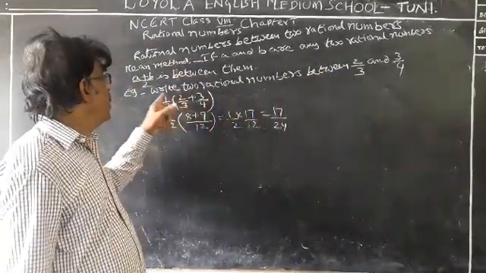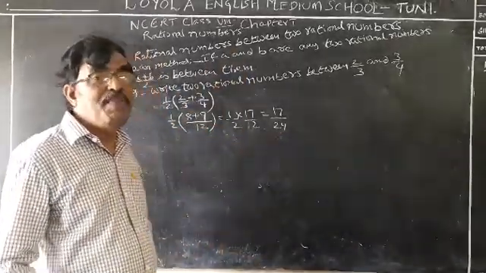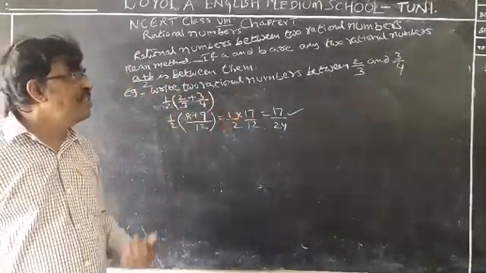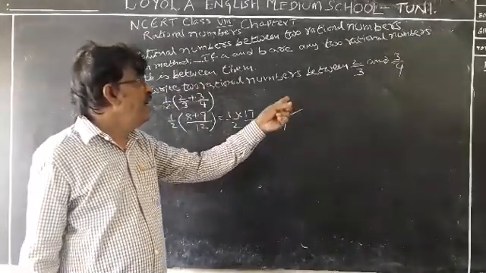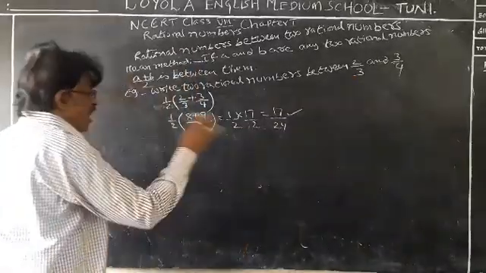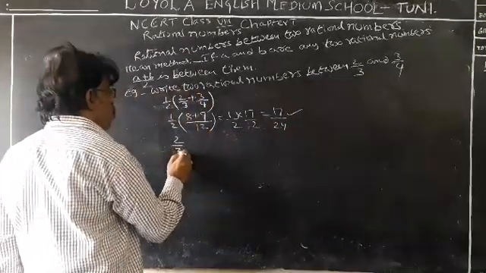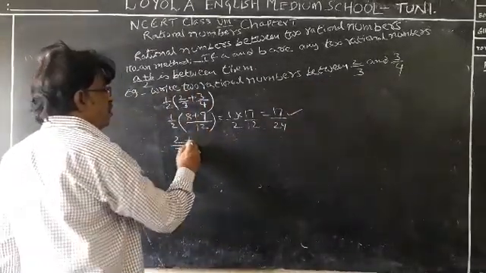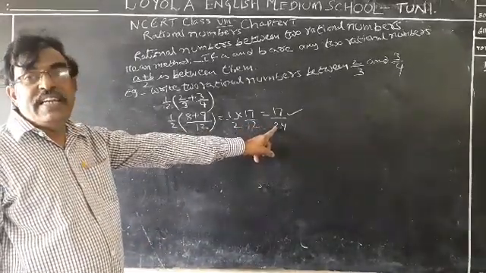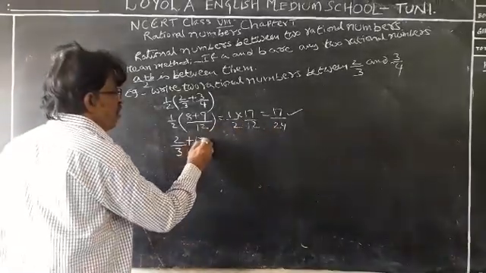Now, according to the question, we want two rational numbers. Already we found one rational number. Keep it in your mind. This is important. Now, how do we find the second rational number? In the given, what is the first value, A? 2 by 3. Now, to find the second rational number, first let us take the first given number 2 by 3 plus the rational number between 2 by 3 and 3 by 4, 17 by 24. Let us add 17 by 24. You will get the second number.